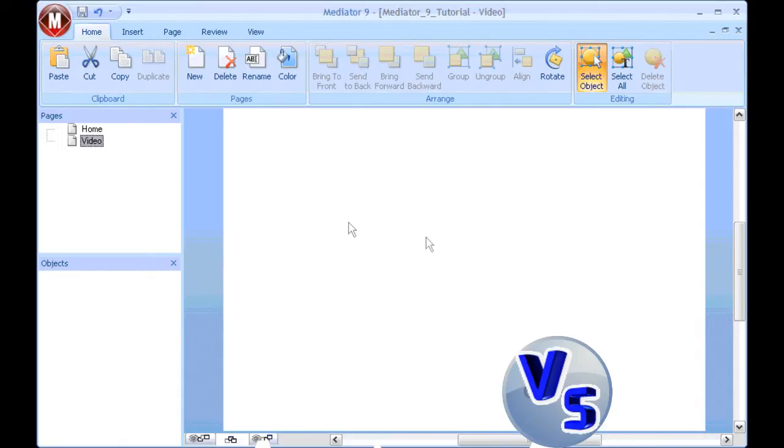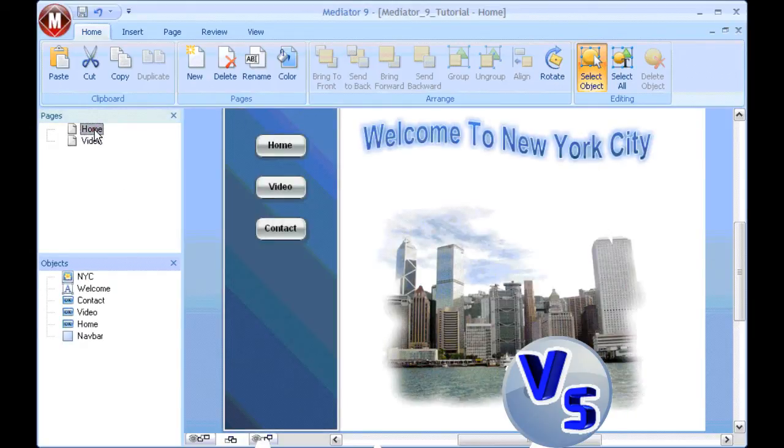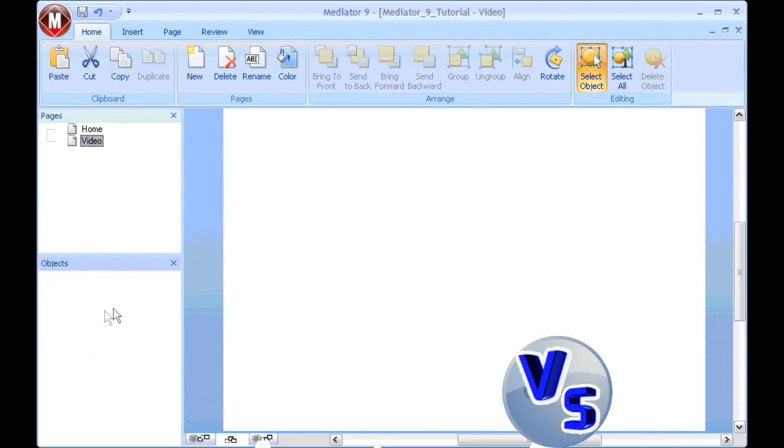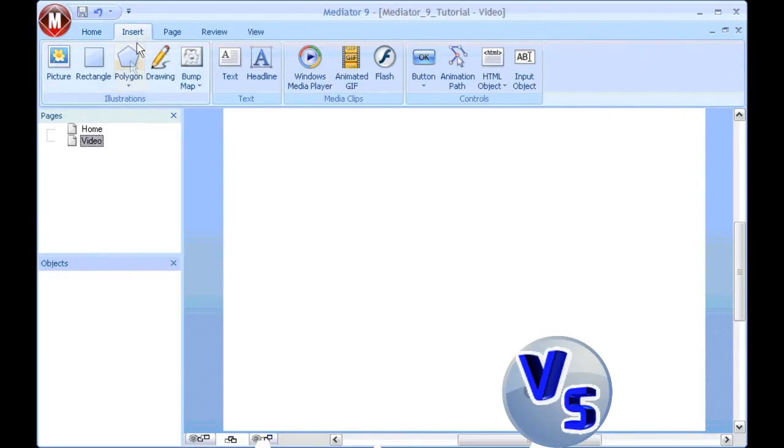Now you notice that there are no objects on the page. There's also no objects listed in the object list because we haven't created any yet. Everything is still on the home page. So as you select a page in the page list, it's only going to show the objects that are on that page. Now I could choose to recreate my objects by going to Insert, choose my rectangle, and create all